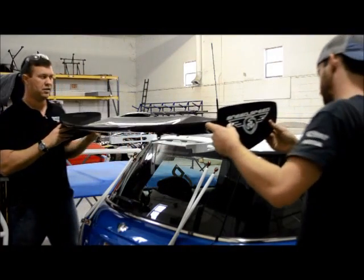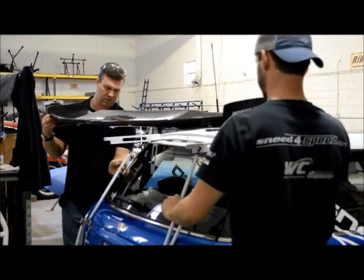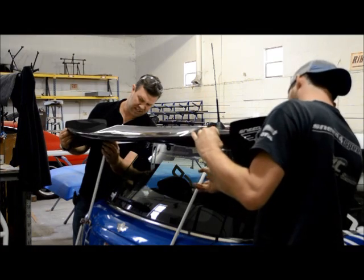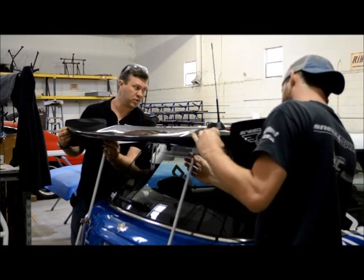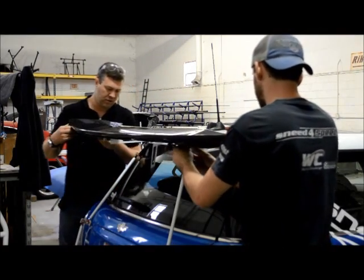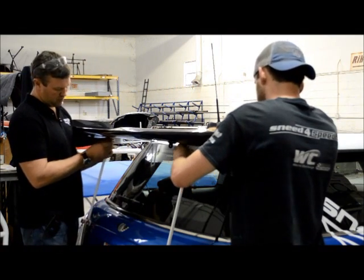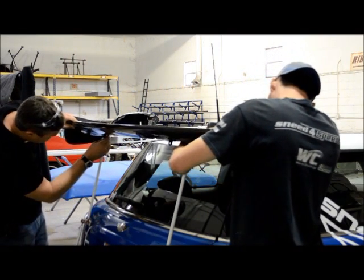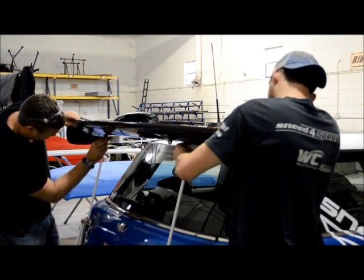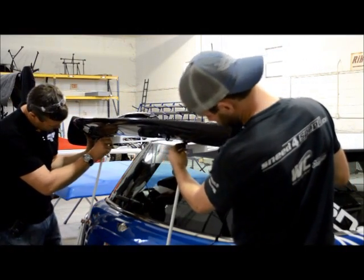We're going to take the wing in the front, we're going to flip over the back stanchions, and we're going to put the wing down, and then it's going to be inside, and then we're going to put the heim joint on the inside of that. And then we're going to take the two really long Allen bolts that you got in the kit, and we're going to run it through the rod end, through the wing, and through the mount,